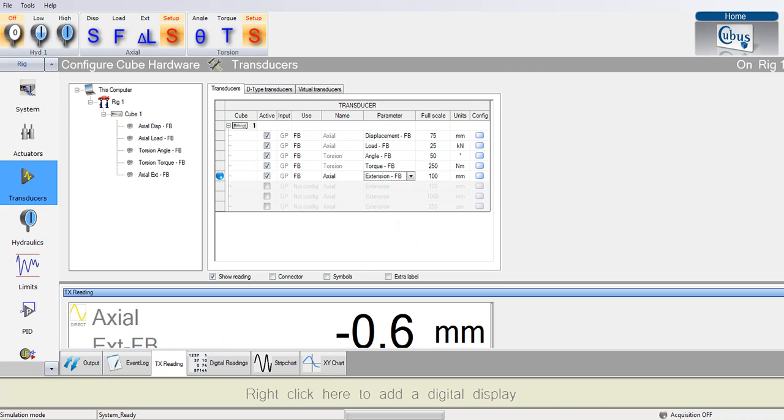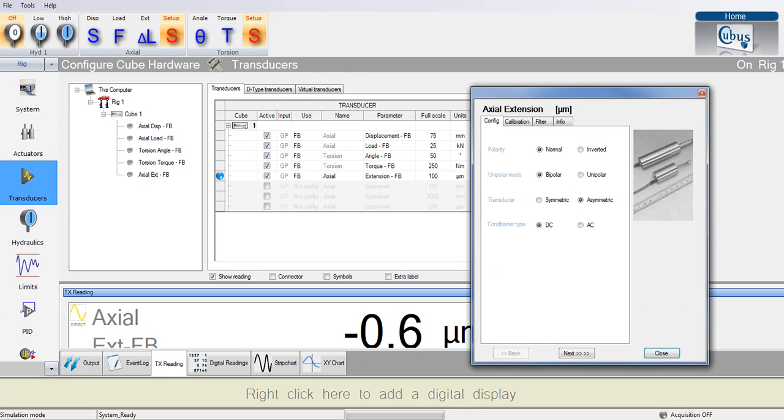And next is to set the full scale, and because it's an extension it's immediately set the units to millimeters. Well, I'm going to keep 100, but I'm going to make that microns. Of course this has to be the number relevant to your particular extension transducer. To do the rest of the configuration I use the left hand mouse on this config button, click, and now I get the extra